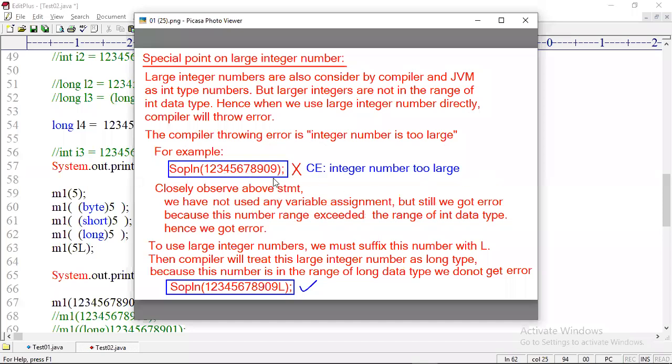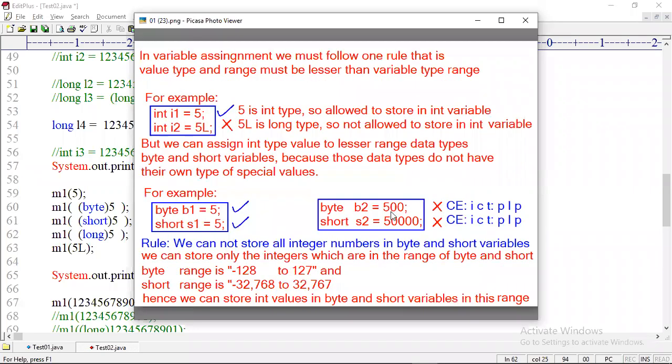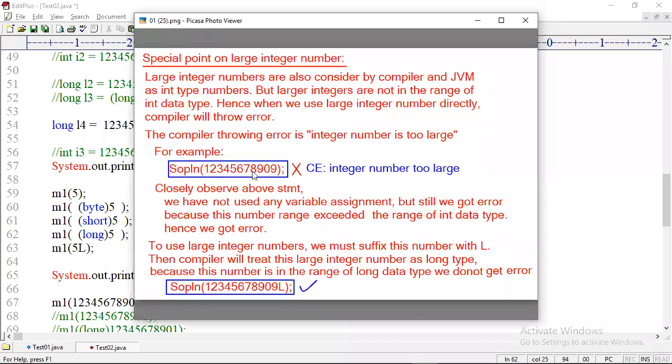Many people are thinking that an 11-digit number is not in the range of int. Hey, it is just a sample number I have taken. It's not about the 11 digits. Tell me, here I take a 3-digit number. Is every 3-digit number not in the byte range? No. 100, a 3-digit number, is in the range of byte. 110 is in the range of byte. 120 is in the range of byte. 130 is not in the range. So not every 3-digit number is out of the byte range. Same way, not every 10-digit number is out of the range of int.